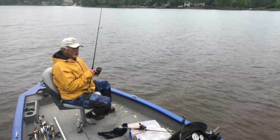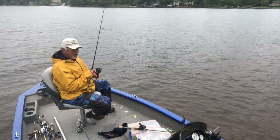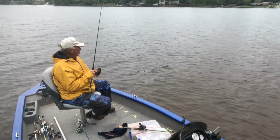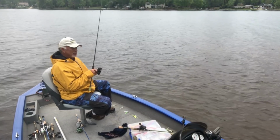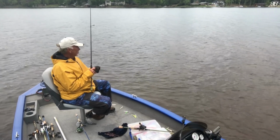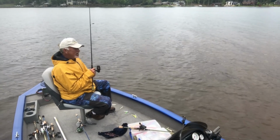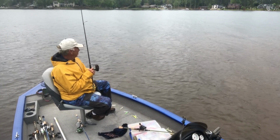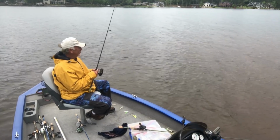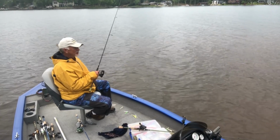Especially in post-spawn. And I'm using a red bug 7-inch super floater. I used to do the same thing with a 4-inch worm years ago. But I use a bigger worm now. I try to catch a little bit bigger fish sometimes. 7-inch is perfect size. And that color, this lake is slam full of crawfish. It's kind of reddish like a crawfish. And they do like a reddish colored worm, or they have over the last 5 or 6 good years in this lake. I have caught some magnum